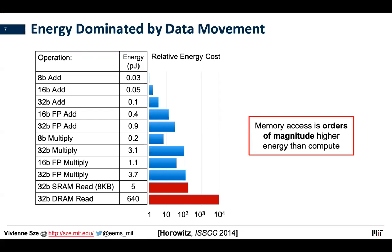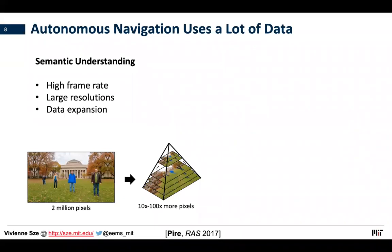doing the operation itself. Now, when you combine this fact with the applications that we look at, the issue is that autonomous navigation requires a lot of data. For instance, one of the key things you want to do in autonomous navigation is understand your environment. In particular, you want to do what we call semantic understanding, where you can actually label each of the pixels so you can recognize that this is the ground, this is a person, this is the sky, and so on. Often you need to do this at high frame rates, particularly if you're moving quickly as a robot and your environment is changing. You might also need to do this at large resolutions in order to see objects that are far away. And then often you might need to also expand the data itself, for instance, to build an image pyramid in order to see objects of different scale that might be necessary. And that's going to increase the amount of pixels that you need to process by 1 to 2 orders of